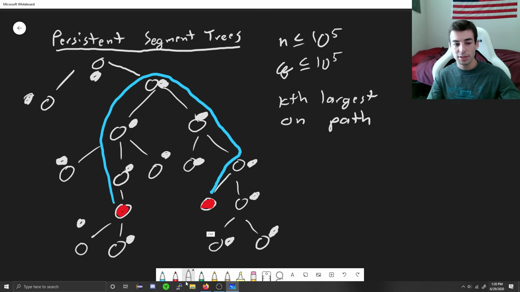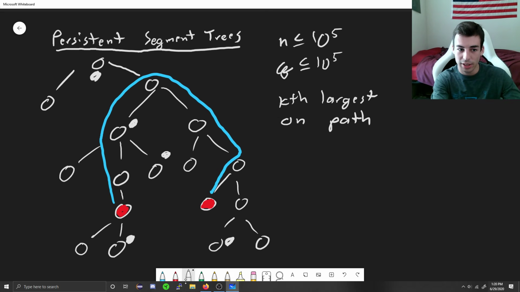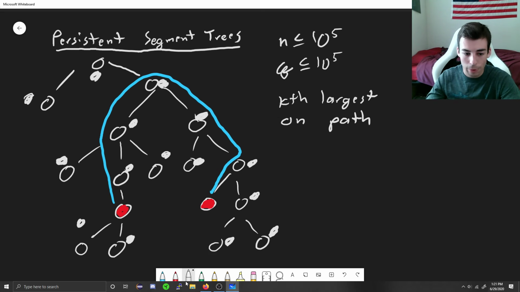And by using persistence, we can go back in time, and we can jump between versions where we have different numbers of nodes added in at a time. And we can binary search how many nodes we want to be added in. When we binary search this, we can figure out whether there are too many or too few on this path. So just to elaborate, how do we check how many are on the path? Well, the number on the path, we can keep track of,